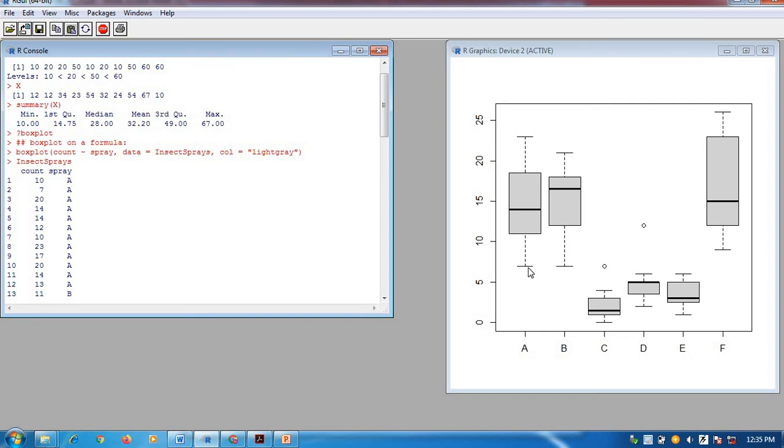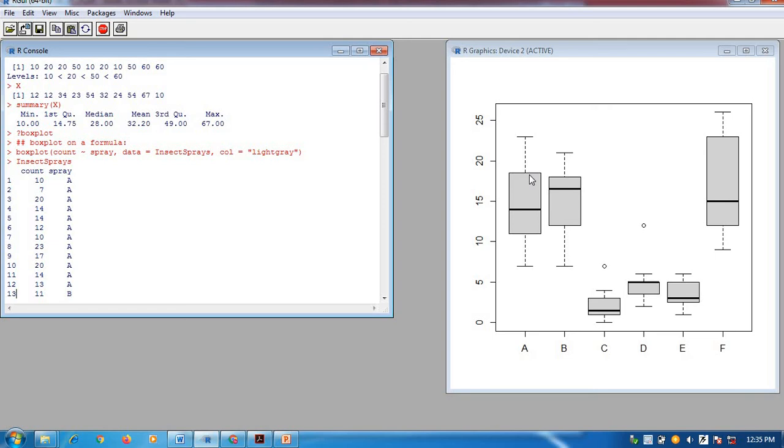The minimum value is plotted here as 7. Similarly, find the quartile values Q1, Q3, the median, and the maximum value in A, which is 23, yes, 23 is the highest value. This point corresponds to the maximum value, this is the minimum value, and this line indicates the first quartile, this is the second quartile, and this is the third quartile.